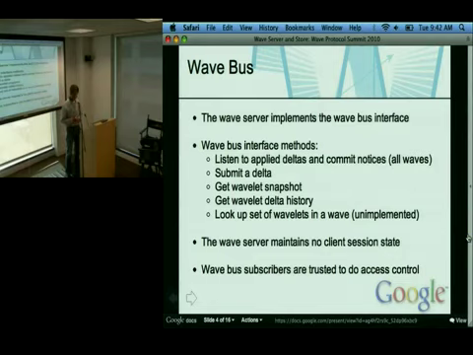But it means commit notice means that you get a guarantee that something has been persisted. And then the clients can call some methods on this interface. They can submit a delta. They can request a snapshot of a wavelet. They can look at the past deltas in the delta history of the wavelet, and they can, given a wave